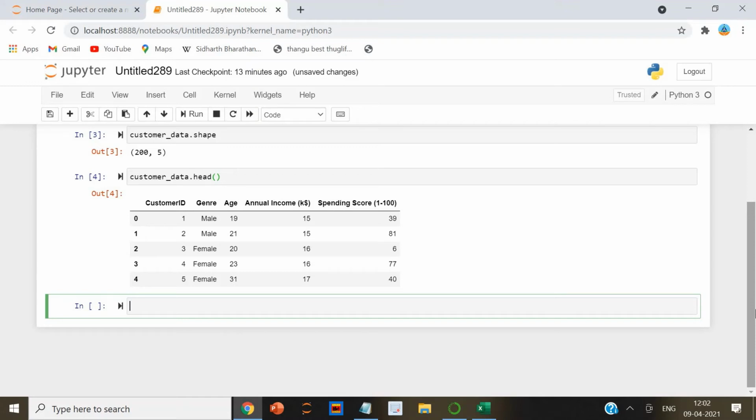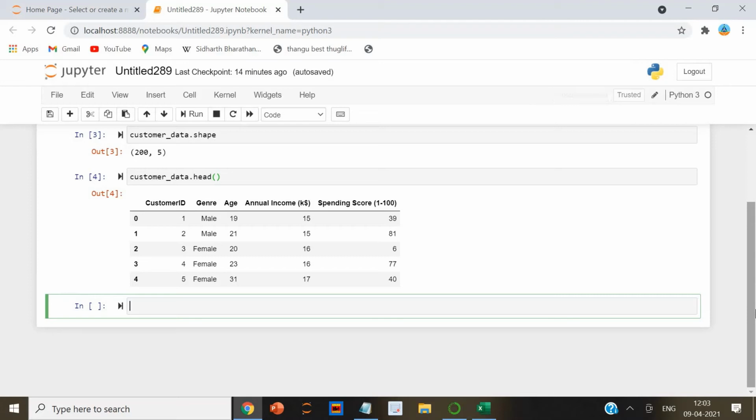Our dataset has 5 columns: customer ID, gender, age, annual income, and spending score. To view the results in two-dimensional feature space, we will retain only 2 of these 5 columns. We can remove customer ID, gender, and age columns.